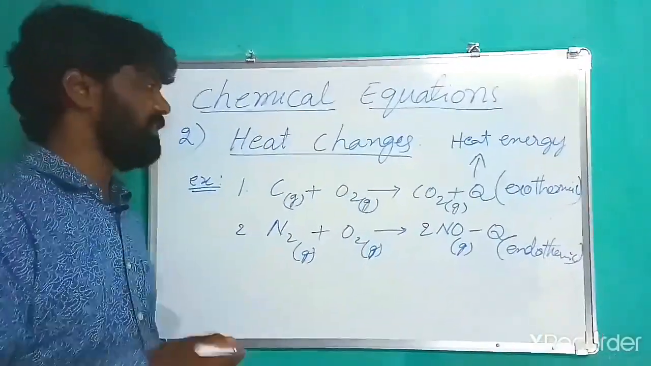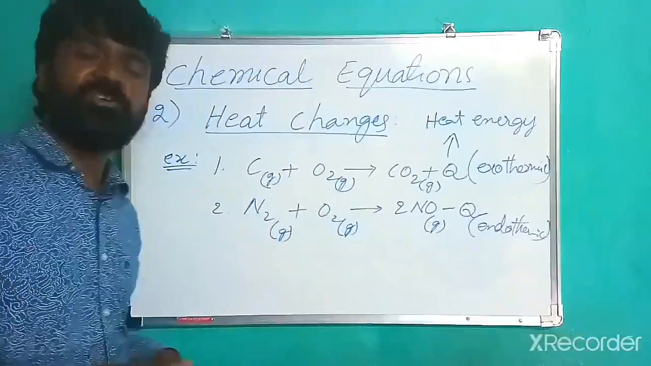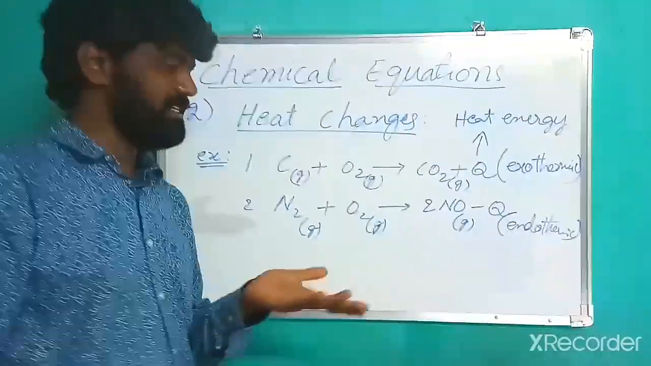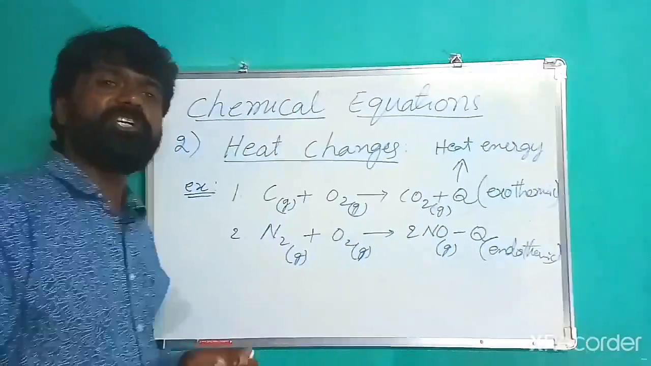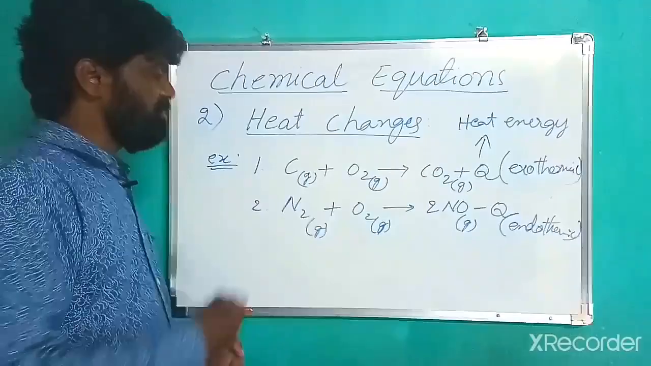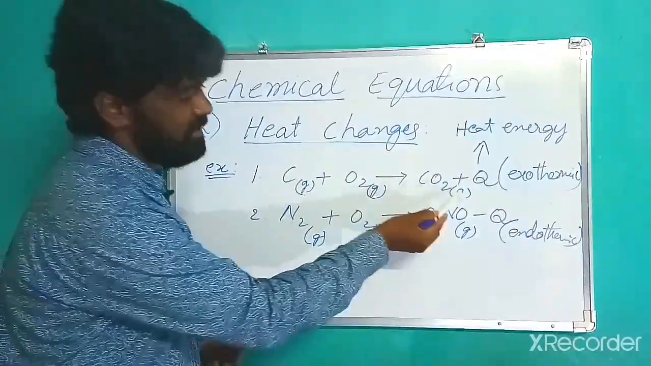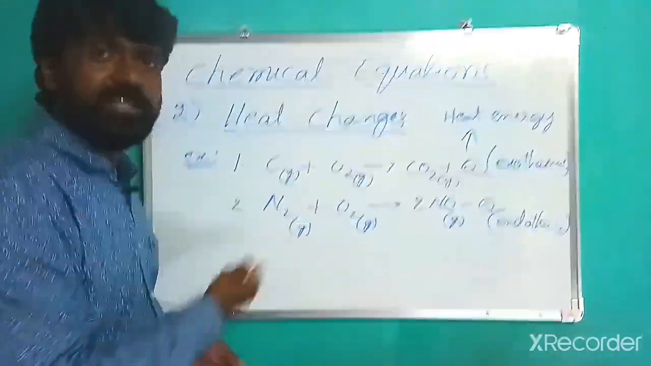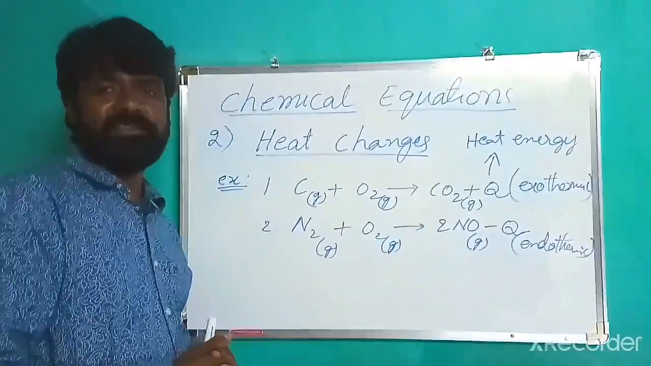In heat changes, we have two types of equations, exothermic and endothermic. That means one liberates heat and the other absorbs heat. Like this is the heat change in a balanced chemical equation. And also you can observe this, it is represented by G. That means it is gas, here also gas, here also gas, and here also gas. It represents the physical state of products and reactants. Okay,